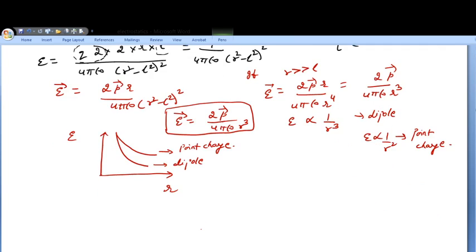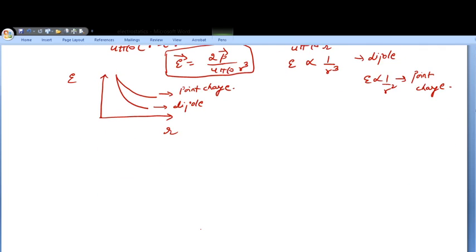Now see students, at times, when you draw the figure, you can always take plus q on this side and minus q on this side. What will be the difference? देखो अगर difference क्या होगा, अगर मैंने plus q यहाँ ले लिया और minus q यहाँ ले लिया, so this is again some point P where I have to calculate.